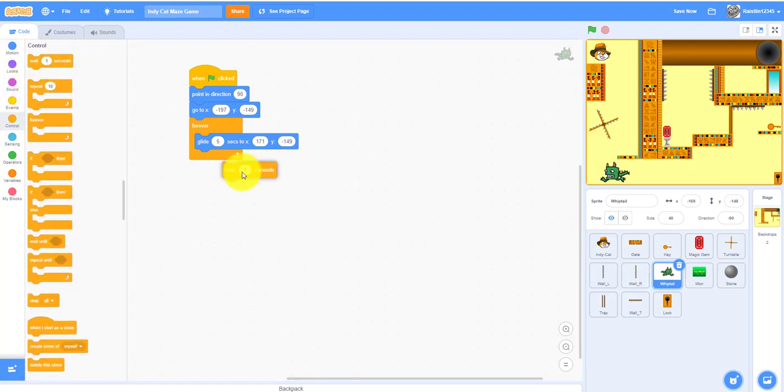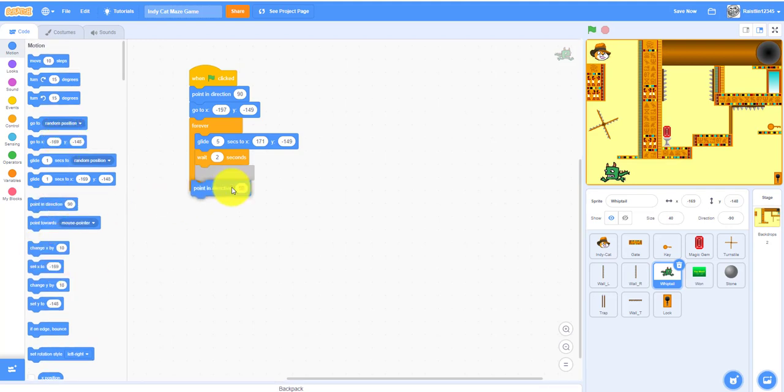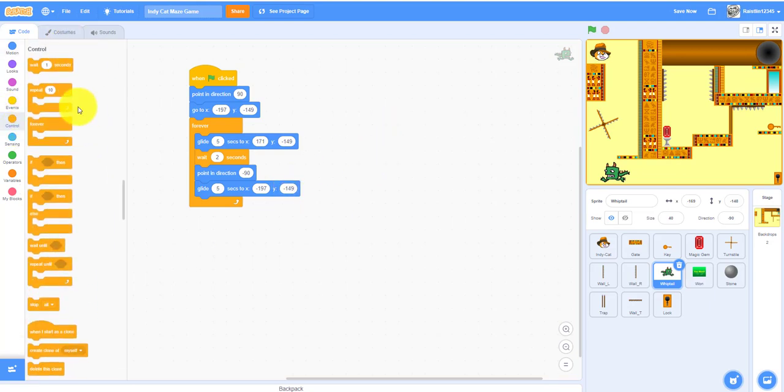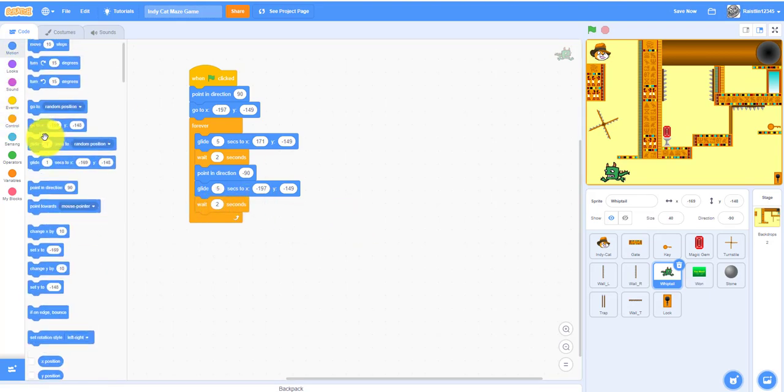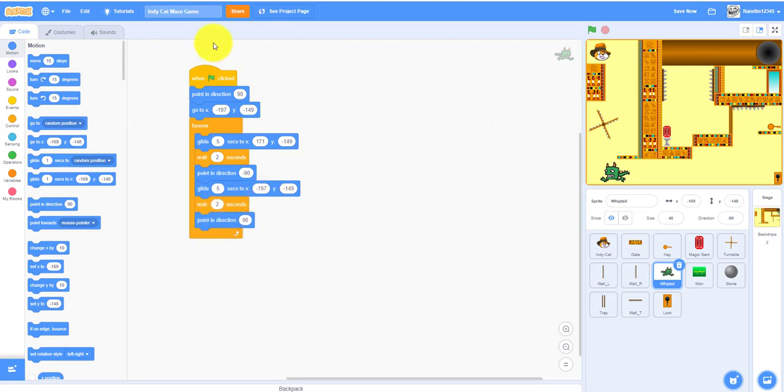We'll let it wait 2 seconds so the player can have some time to get up here and get the key. Wait 2 seconds. Point in direction -90, so it'll look to the left. Then we can glide another 5 seconds back to the beginning, -197, y -149. Next we want to wait another 2 seconds to let the player have a chance. It'll pause a little and point in direction 90, so it'll turn to the right again, and it'll repeat